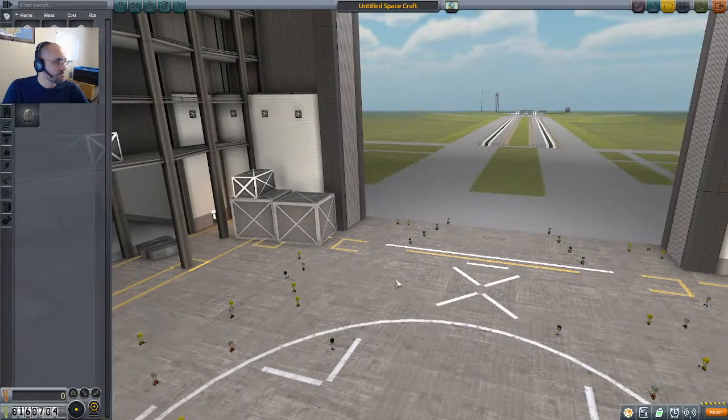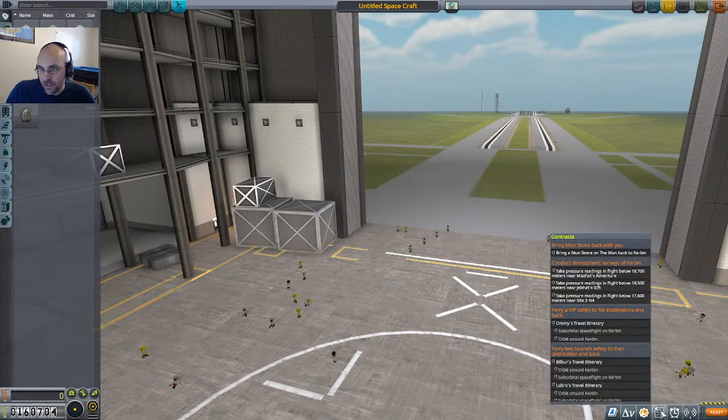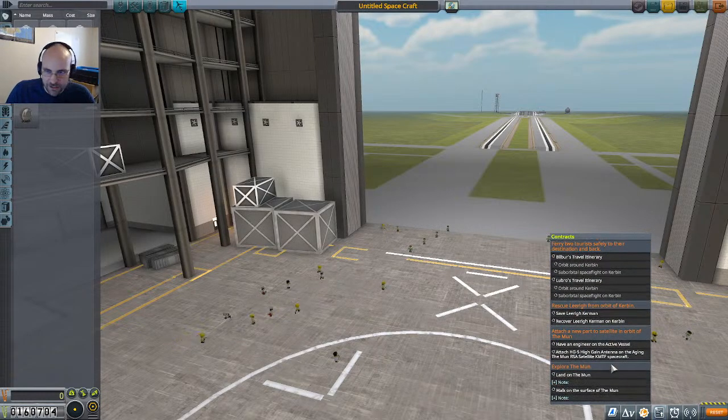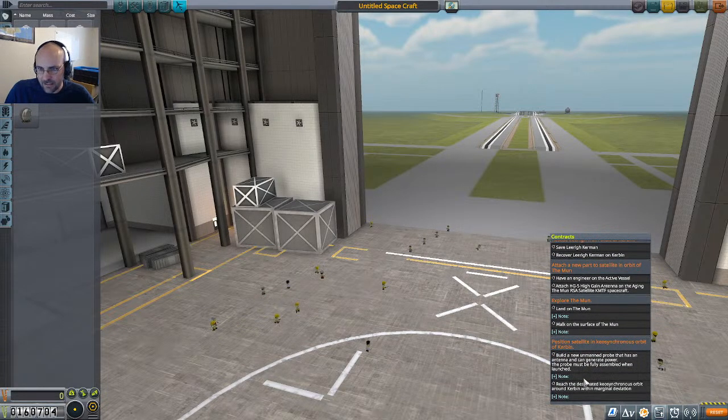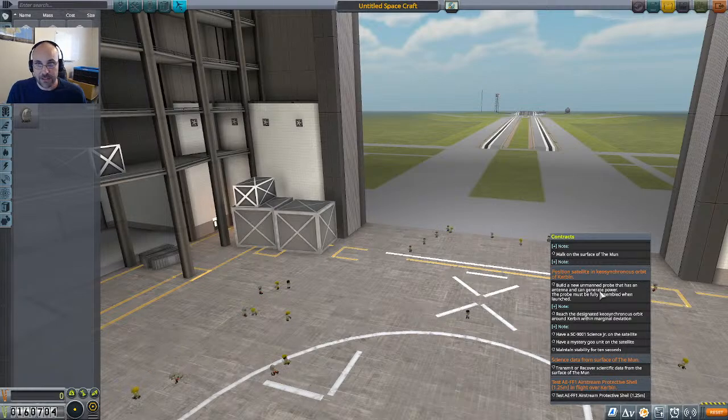Hello. So, as of right now, I am about to start work on a specific mission. It's going to be for putting the satellite into geosynchronous orbit. Now, depending on the orbit, this may mean that I will have a satellite that is always in the correct orbit to make sure that I can get